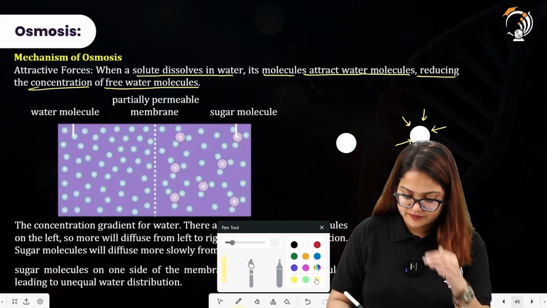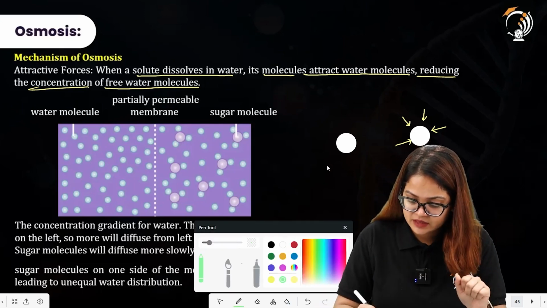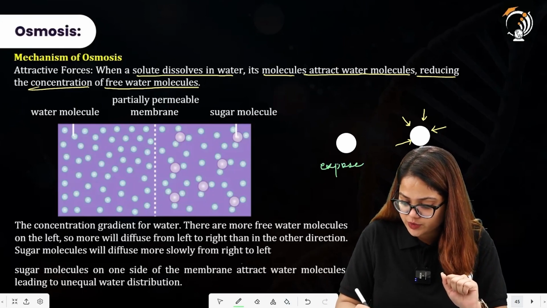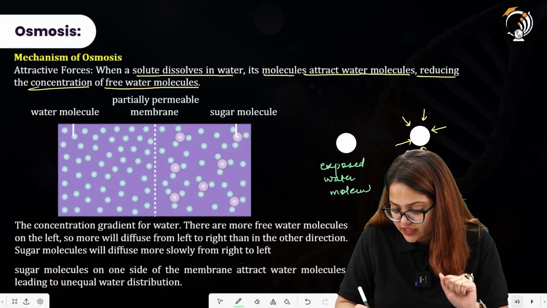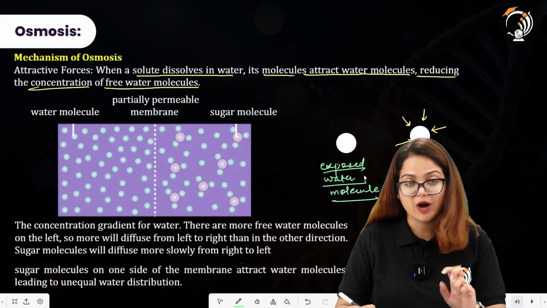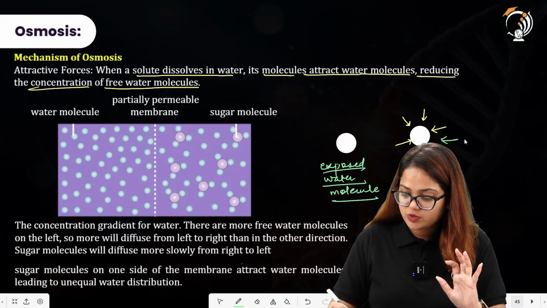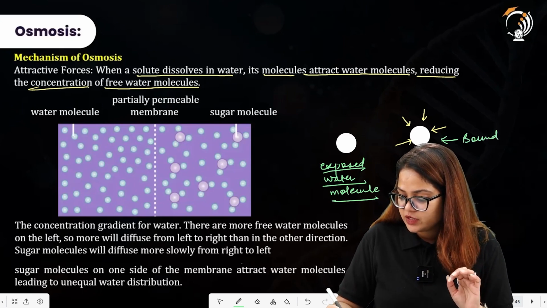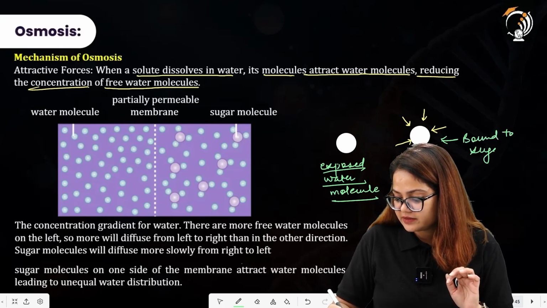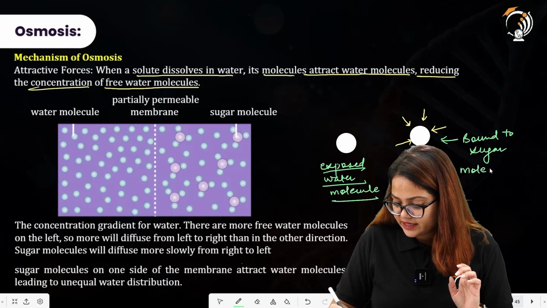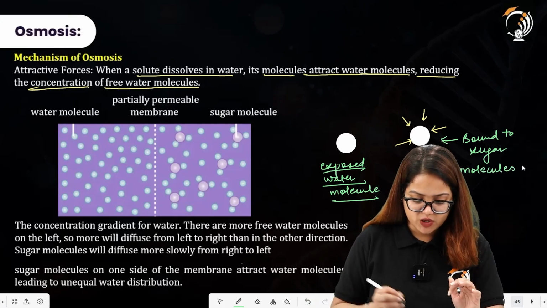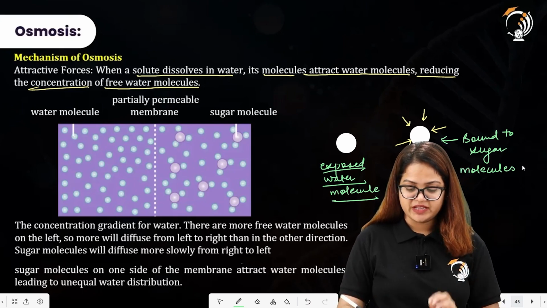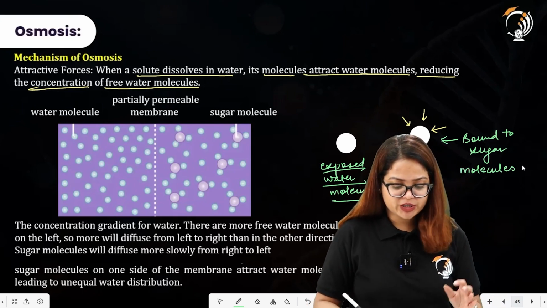Here we have an exposed water molecule. It is actually free to move. All right, it is not bound to anything. Now this water molecule is bound to sugar molecules that decrease its permeability. All right, so the concentration gradient for water, there are more free water molecules on the left hand side,